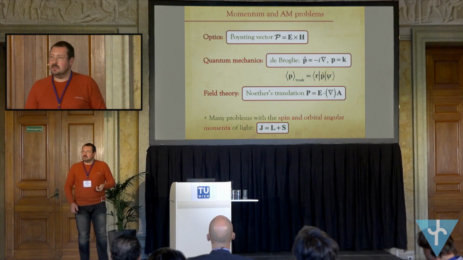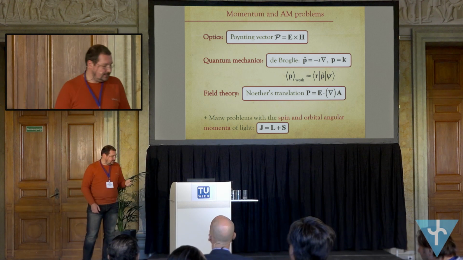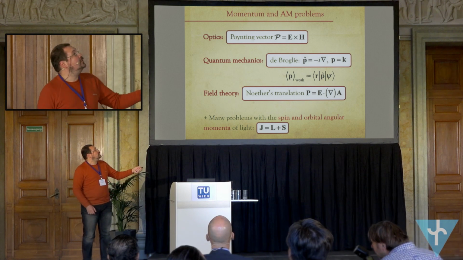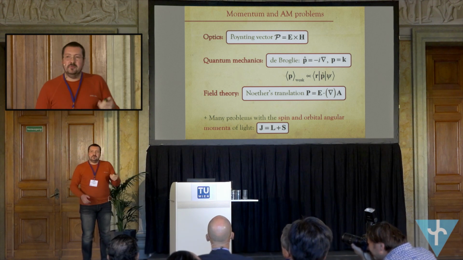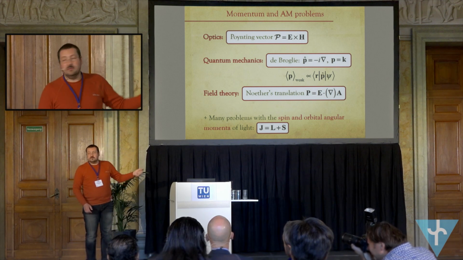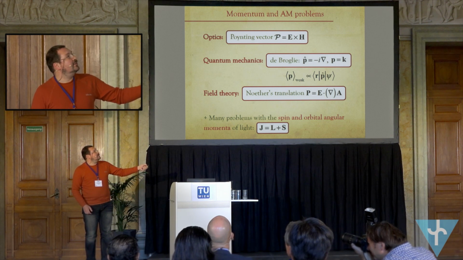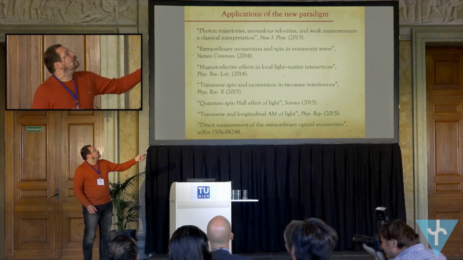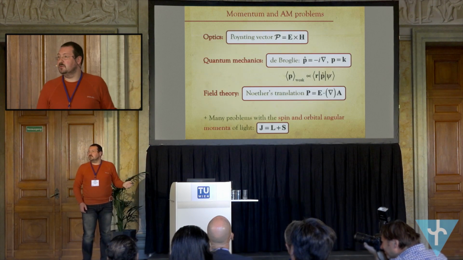But at the same time, we can consider classical light as a number of quantum photons. And in quantum mechanics, momentum is naturally associated with the de Broglie momentum, which is proportional to the wave vector or to the minus i gradient operator. Or if we would like to measure momentum density locally, we can involve quantum weak measurement formalism and use the canonical momentum operator and post-select in the coordinate state. But the problem is that the Poynting vector does not resemble these equations at all.